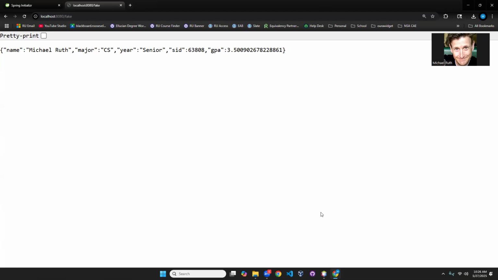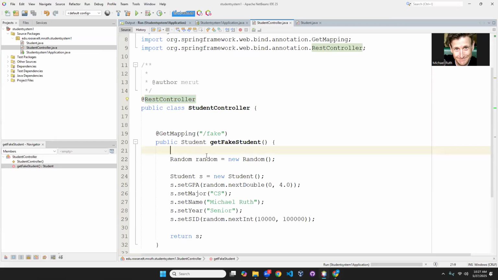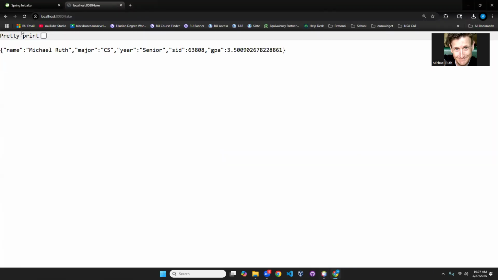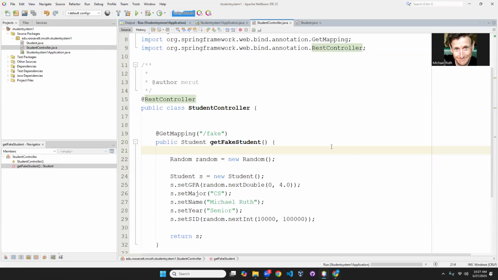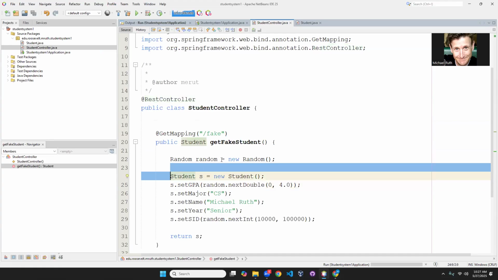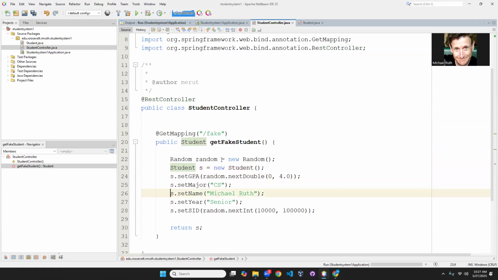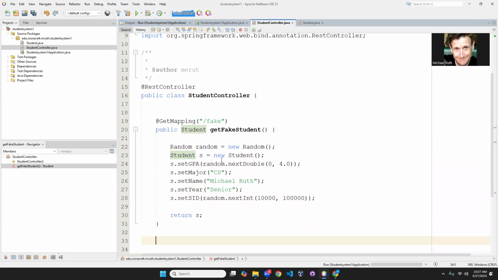Okay, but that's kind of a stupid answer type thing. What do I mean by stupid answer? Look at this. It's a fake student. It's going to generate a different fake student every time. If I refresh the page, it's going to get me another one. Only the SID and GPA are going to change, but look, they're changing every time. That's dumb. That's not really doing anything. Why would I do that? I wouldn't. This is just to show you that it translates automatically into a real,